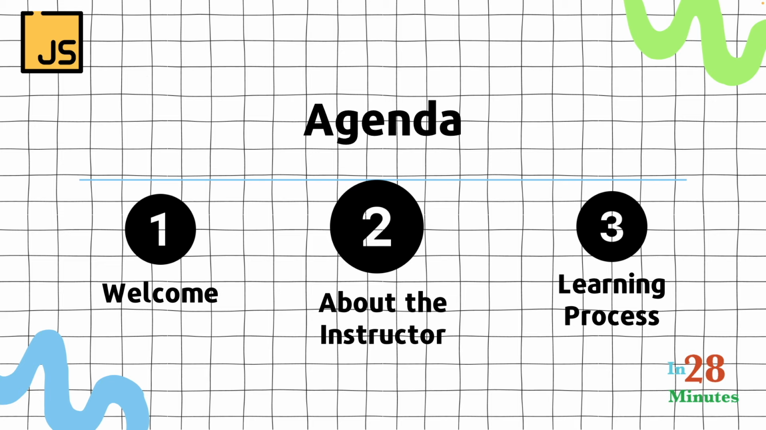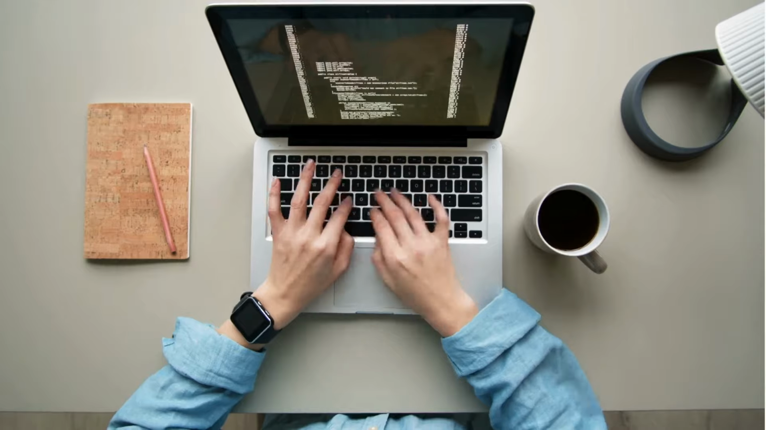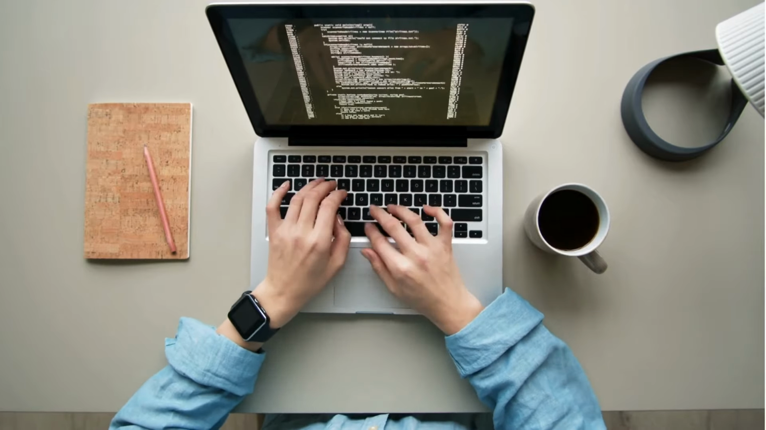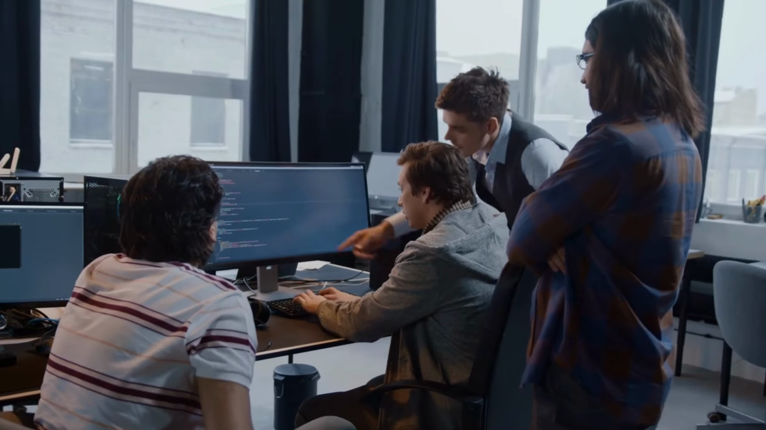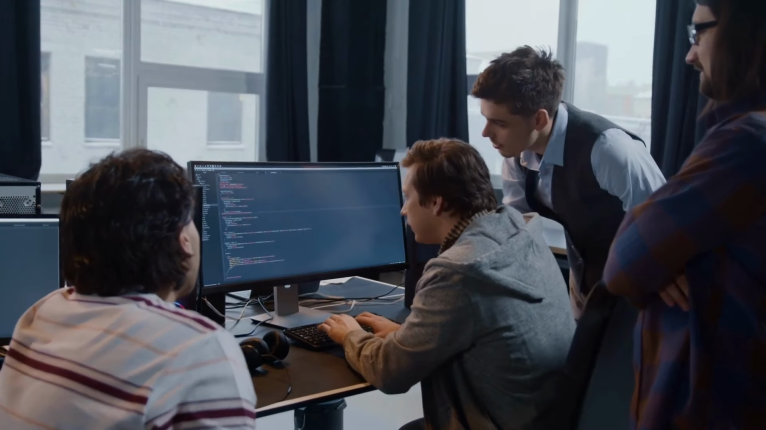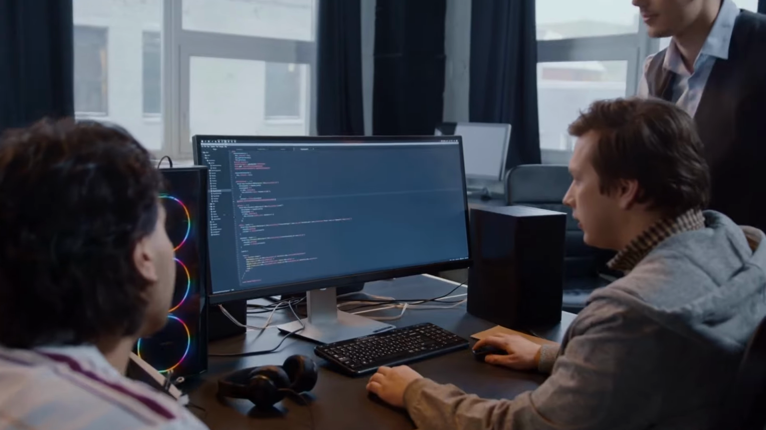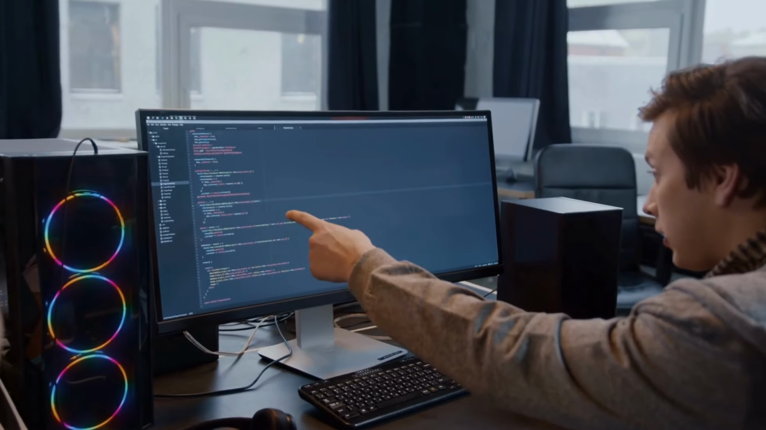Now let's talk about the learning process. While learning, if you make a mistake, it's absolutely fine. That means you are learning. As a programmer, you will encounter errors and bugs in your code. They are completely normal. Always read the error message, try to understand it, and fix it yourself by searching it